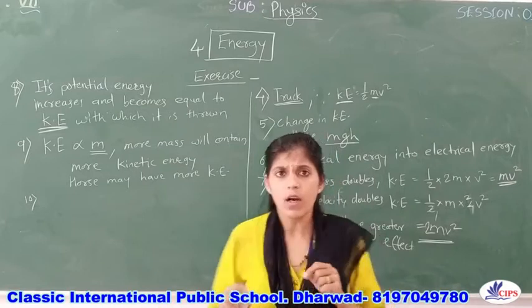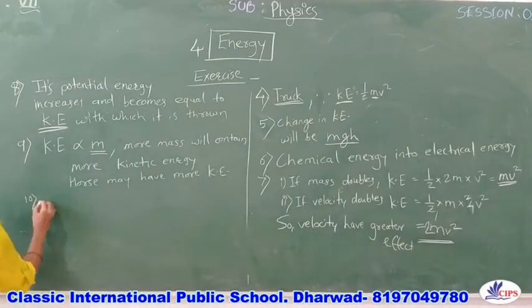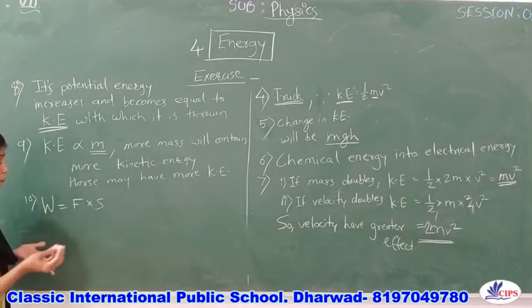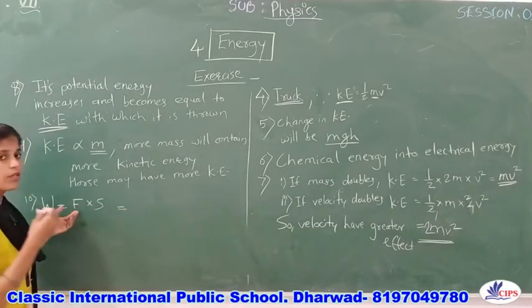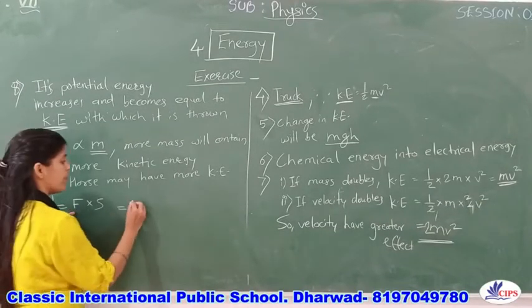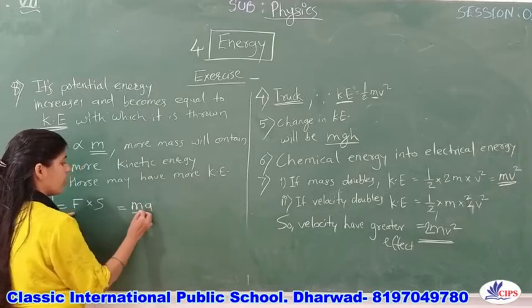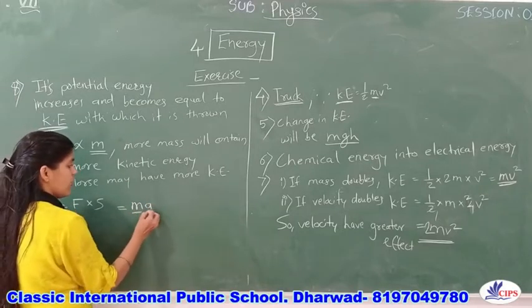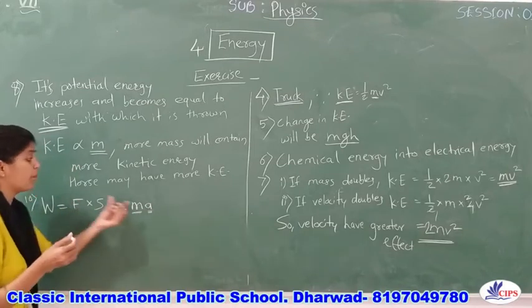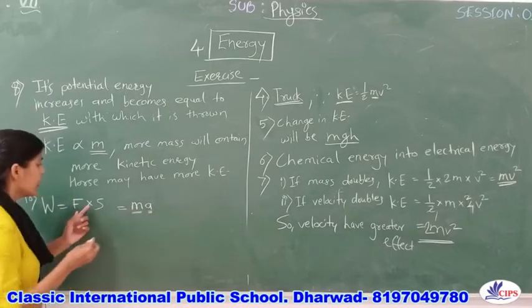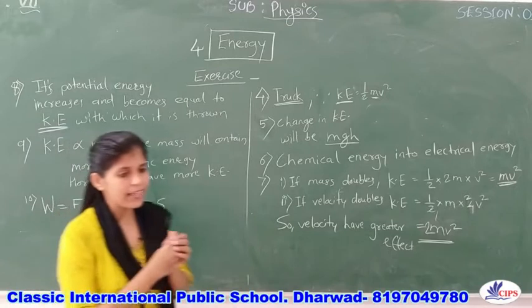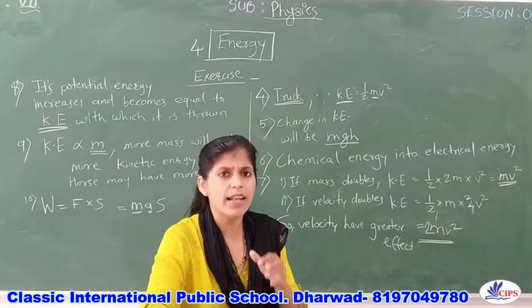What is work done? Work done is nothing but the product of the force applied and the displacement that happened. In this case, if your body is moving, then movement will be happening, right? So this force will become ma, the mass of the object and the acceleration over that object. So this F can be replaced by ma and multiplied with s, the displacement. Okay, so in that case, how are you telling now?